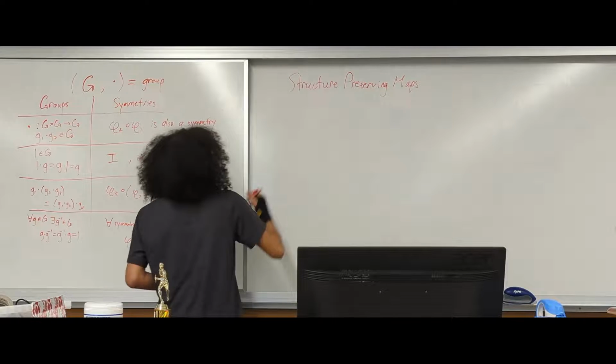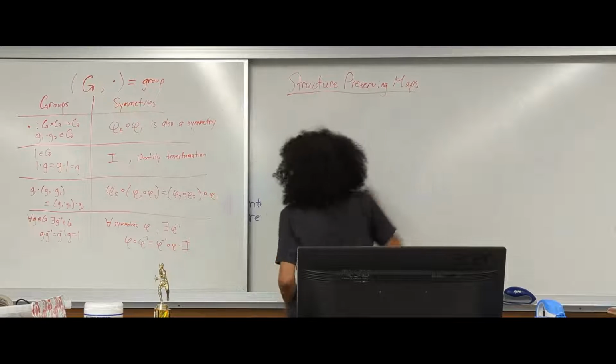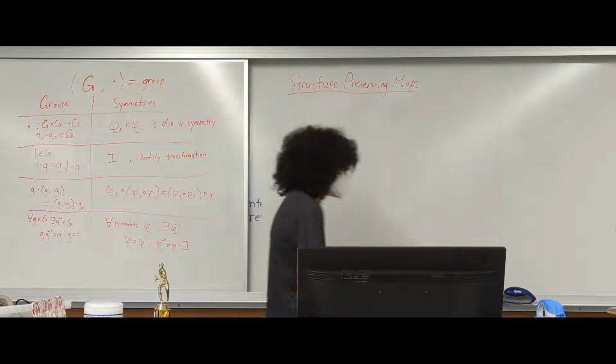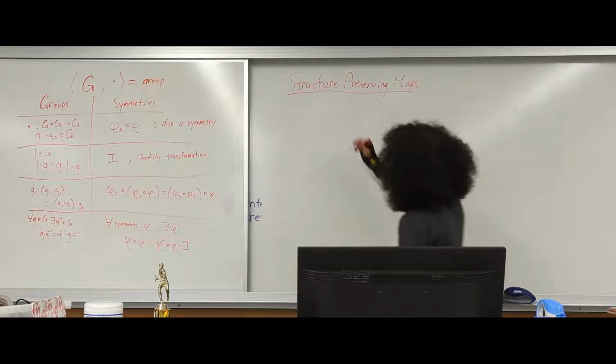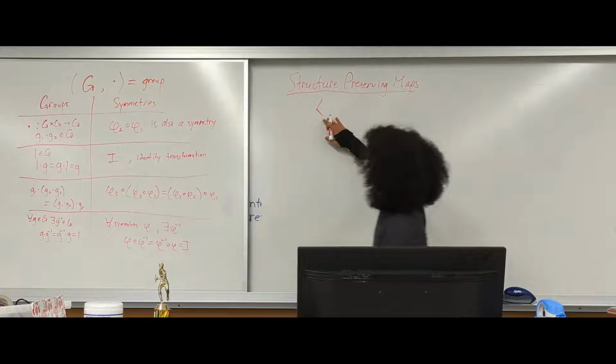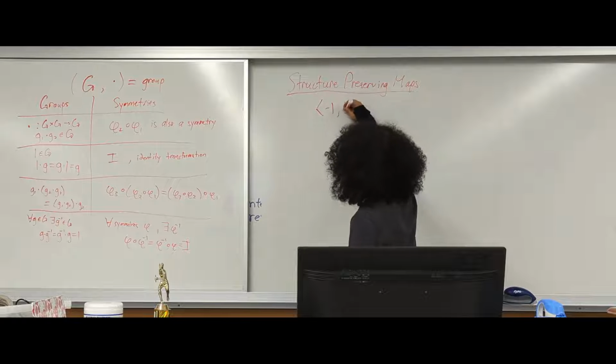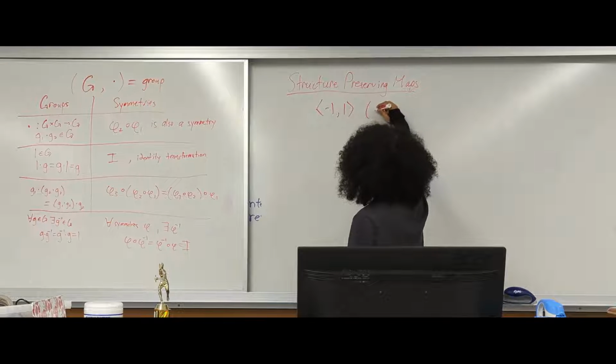The basic idea here is that every group has an algebraic structure in it based on its operation. The details of that operation are what determine the structure of that group. So a pretty simple group that we could work with is, we usually use angular brackets to denote a group, if we have -1 and 1, and the operation is multiplication,